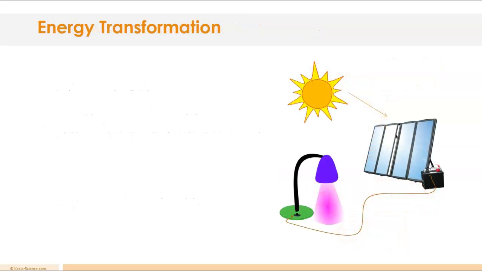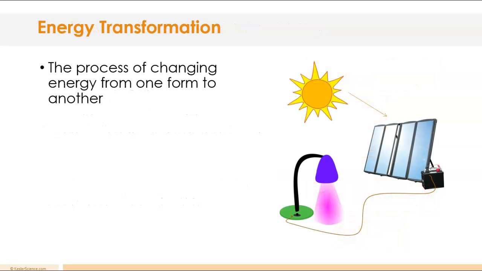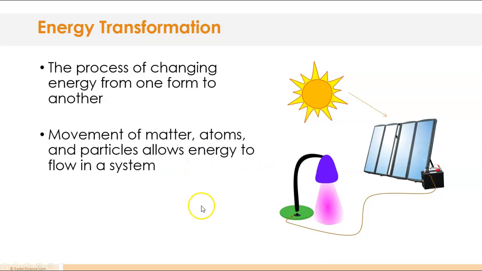So let's look at some of these energy transformations. Energy transformation is the process of changing energy from one form to another. So if you look at this diagram, we have the sun's energy hitting solar panels, which creates electricity, which then lights the light. So energy transformations happen because matter moves, atoms can move, particles move, and that allows energy to